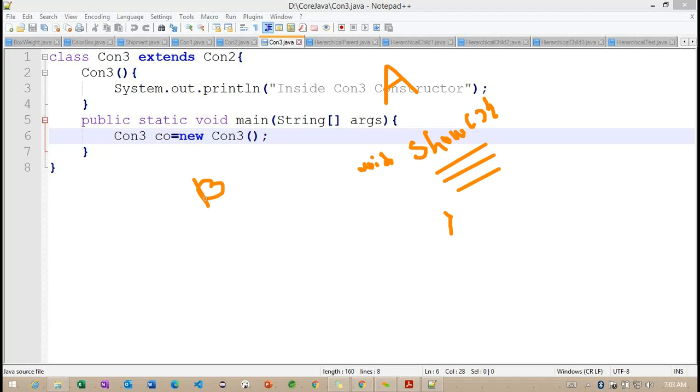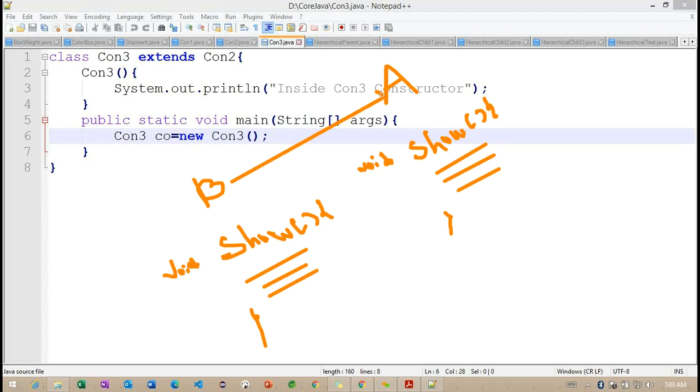Now I work with the B class. Inside the B class, I define the same method, the show method. The type should be void. The internal implementation is different, but here we have the relation extends between A and B. Now what happens here? The compiler cannot understand the two methods' information.